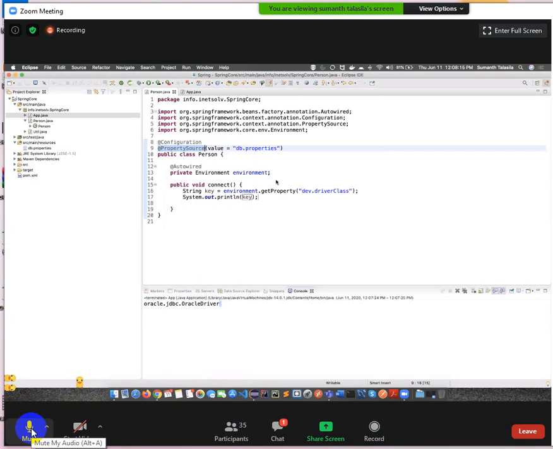And after that, get the environment object. Once we get the environment object, can we directly access those properties and process them or not? Yes, sir. So any doubts on this code as of now?